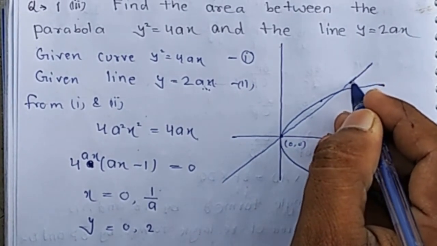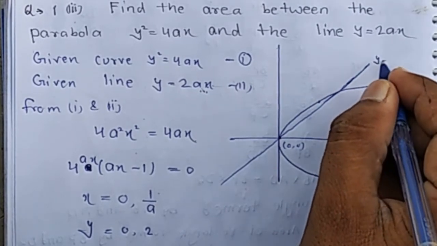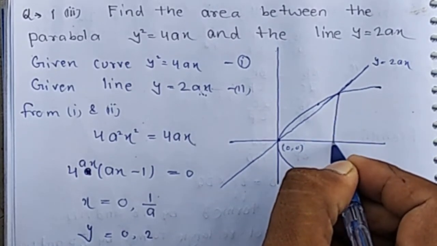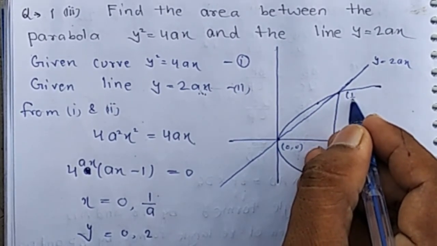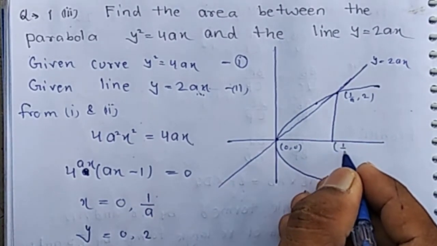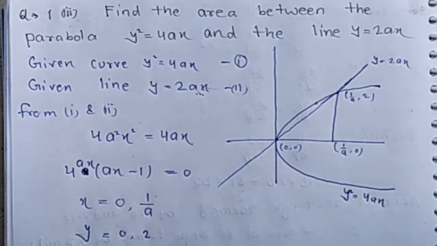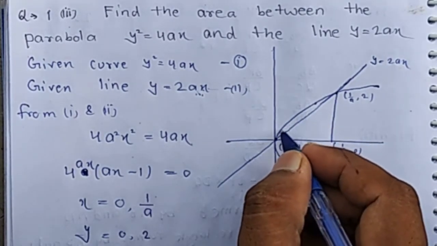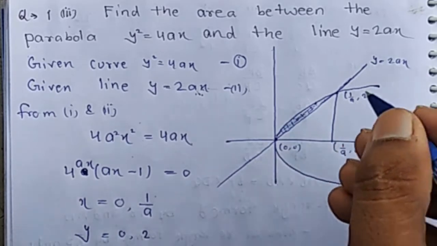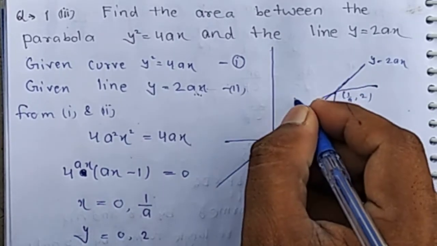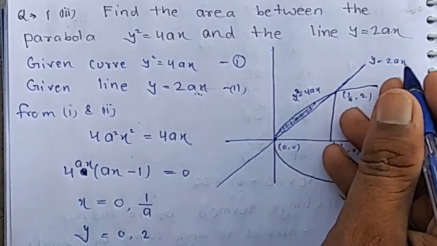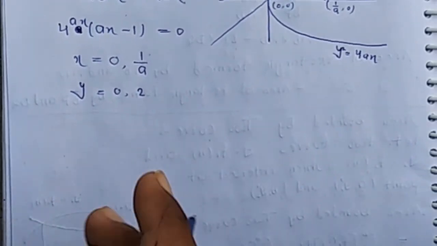Suppose it is the line y equal 2x and the intersection point is (1/a, 2). It means its foot on the x-axis is (1/a, 0). Now the upper curve is the parabola. We have to find the area bounded by both these curves, meaning we have to find this area. The upper curve is the parabola y square equal 4ax and the lower curve is the line y equal 2x. Then the area bounded by both these curves is